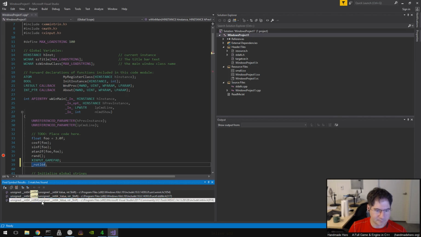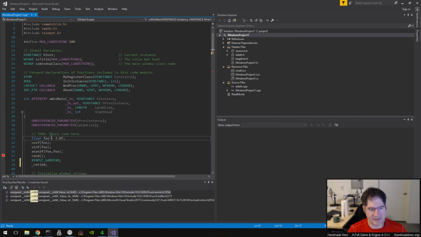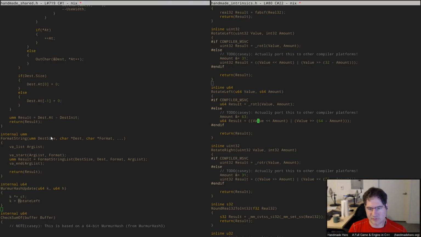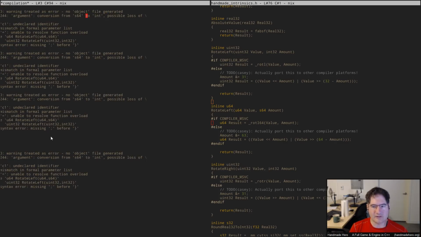Yep. So you can see here there's a ROT-L64, so that means that I think, in theory anyway, we should be able to just stick a 64 on here and have it. I don't actually know if that's true, but hopefully it is. So it looks like it's S64 is what it's actually, I'm sorry, int is what it's actually wanting for the